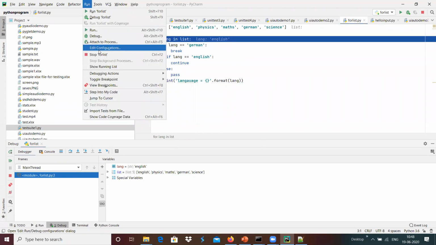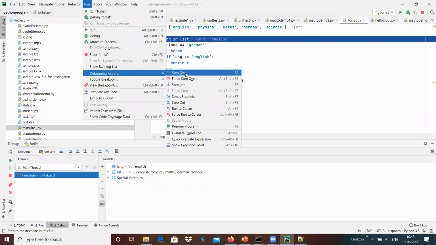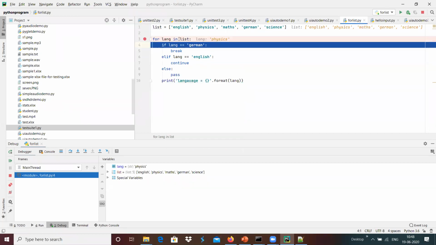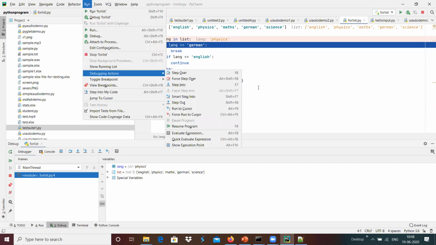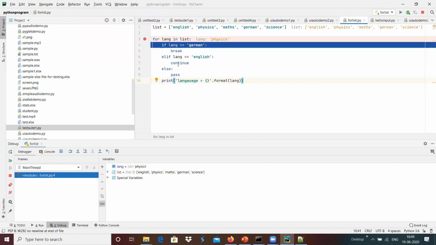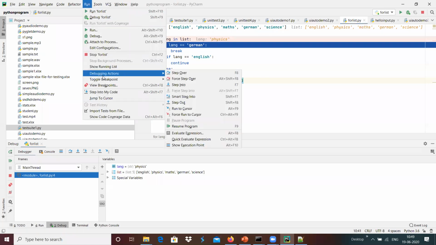And now I am going to run the step over again. Now the lang is physics, and it should not get connected over here, and I'm going to run it again. And for example, instead of that, maybe we can put a cursor here, and maybe we can run something like run to cursor, which makes wherever the cursor is present, that line get executed.